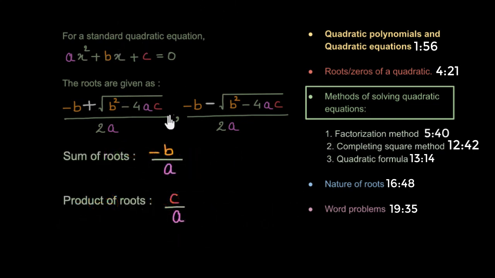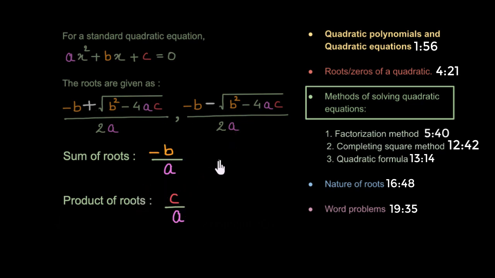You can also use the quadratic formula to directly find the sum and product of roots. So basically when you add both these values, the final value that you would get is negative b divided by a, that is negative of the coefficient of x divided by the coefficient of x square, and this would directly give you the sum of roots. And similarly, when you multiply them, the value that you would get is c by a, the constant term divided by the coefficient of x square. So c by a would directly give you the product of roots without even calculating them. This is helpful for questions in which they directly ask you to find the sum and product of roots.